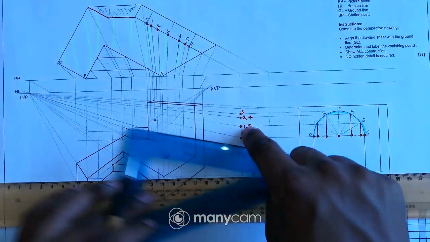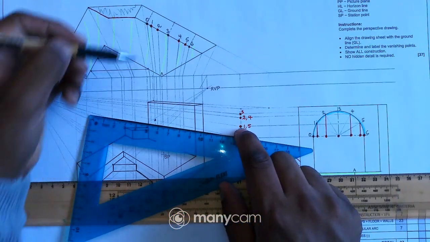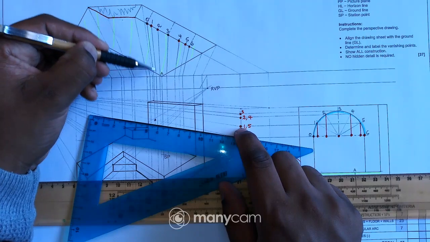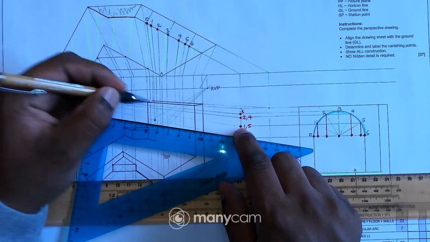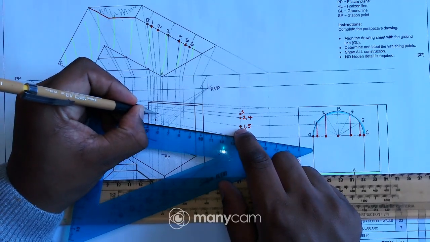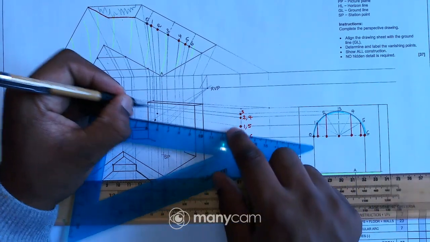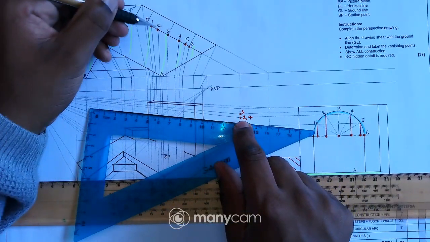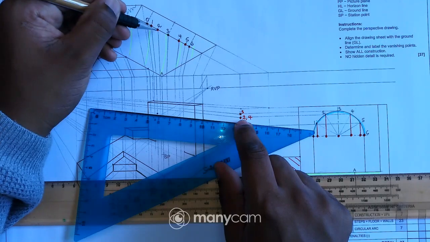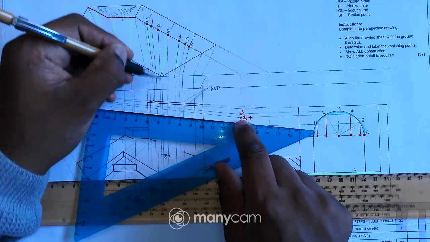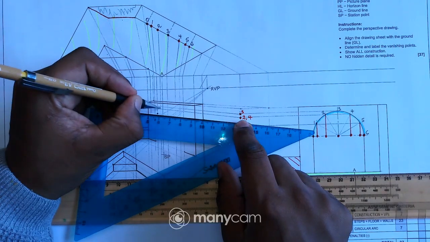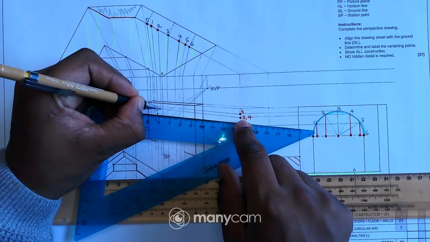Okay, so where is point number 1? Point number 1 is right there, and I have a line there, so that means I have a point there, which is 1. Then point number 2, from the top view, is right there, so I'll have a point there.